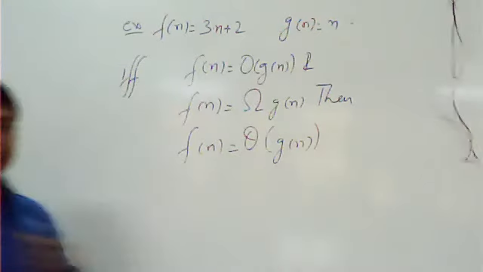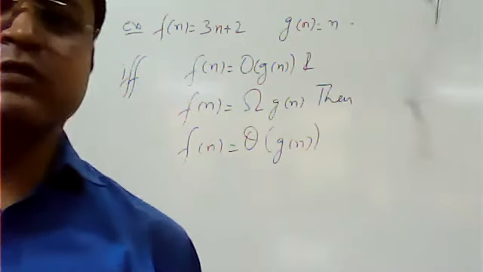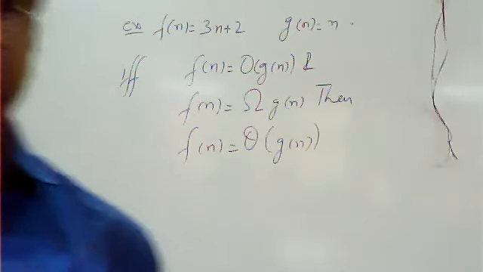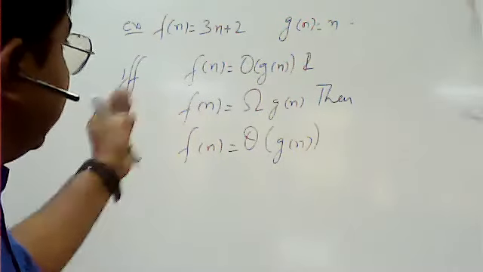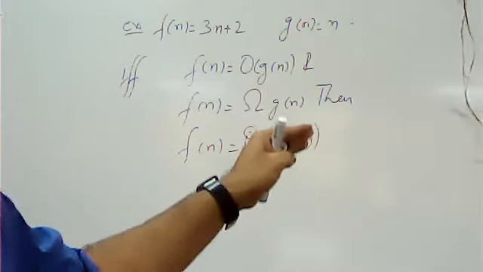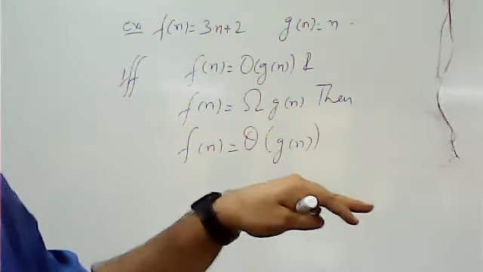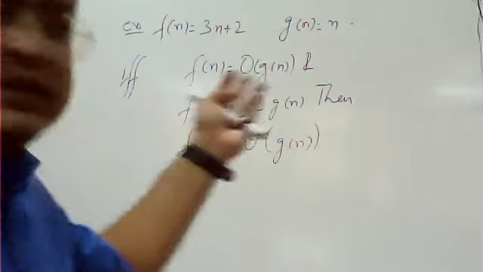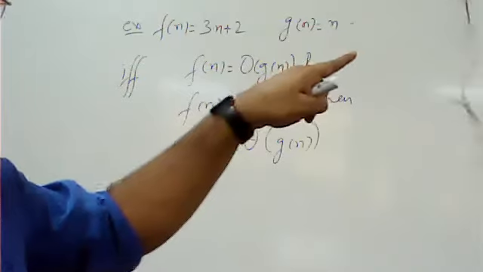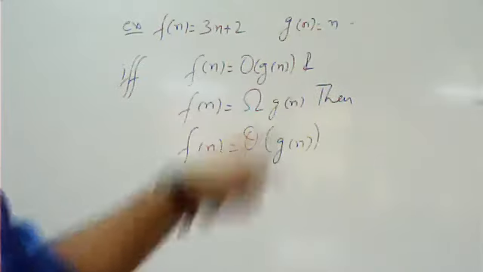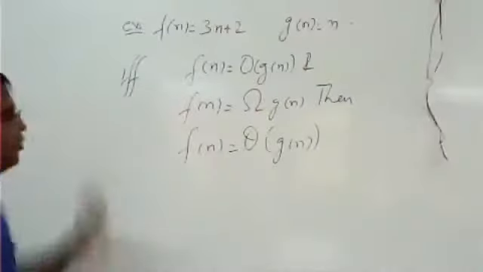This is very important. Why? Theta is providing both lower bound and upper bound. It is providing lower bound also, it is providing upper bound also. So if Fn is equal to big O of Gn and Fn is equal to omega of Gn, if both conditions are satisfied, then automatically it is equal to theta of Gn. So we have seen mostly that in this case, Fn is also big O of Gn and Fn is also omega of Gn. Therefore, Fn is equal to theta of Gn. Okay. So this is very important.